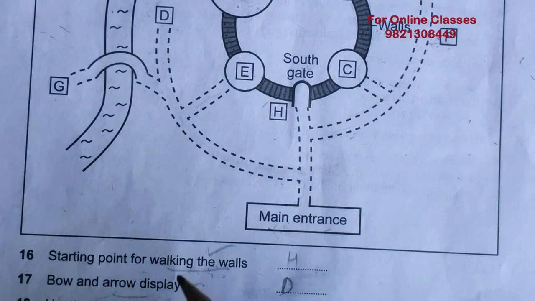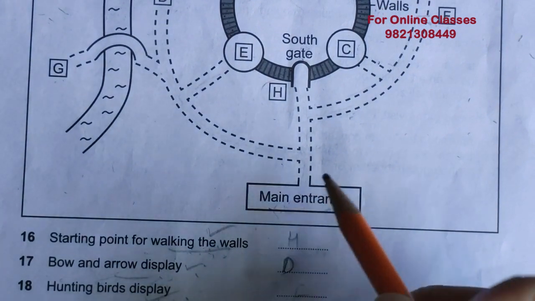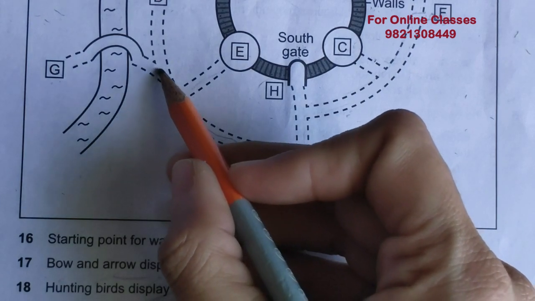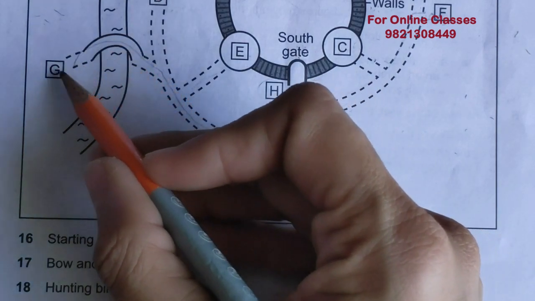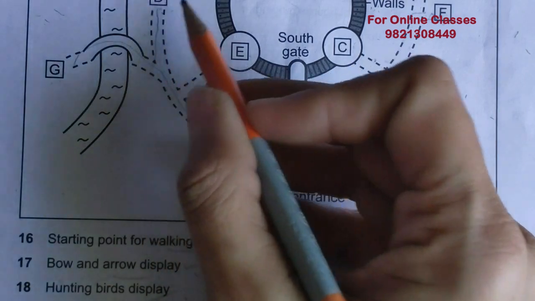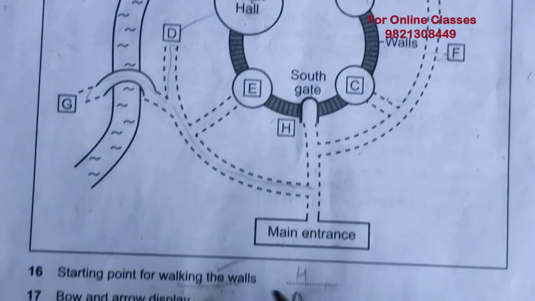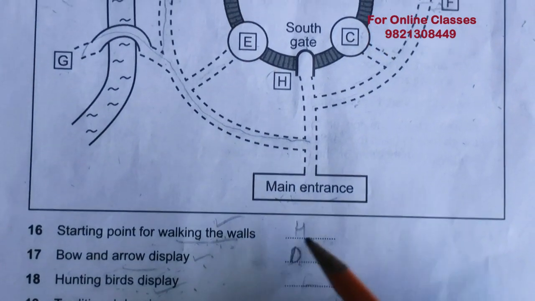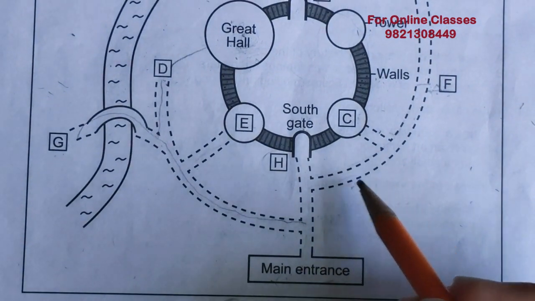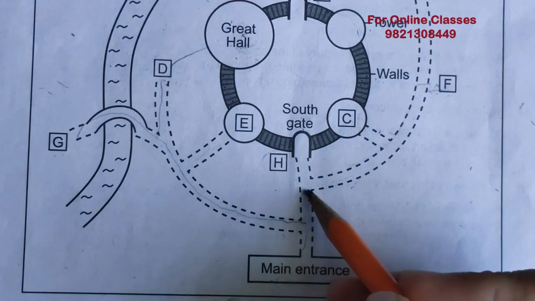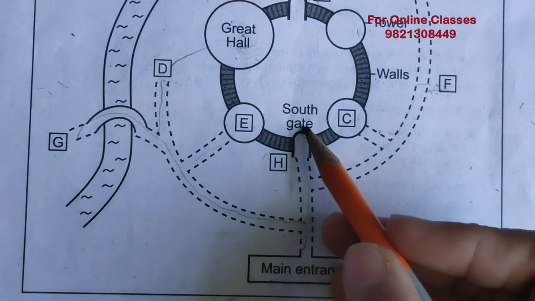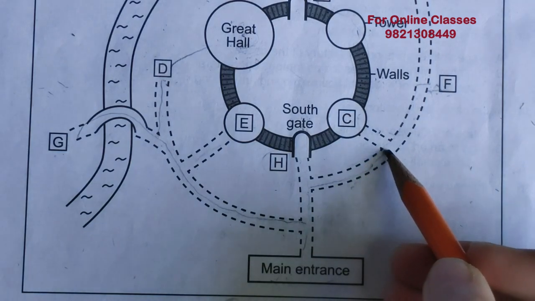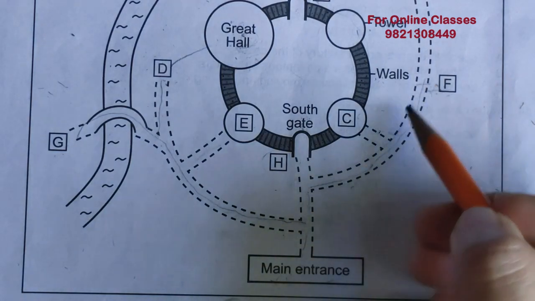Skill with a bow and arrow. The quickest way to get there is to take the first left after the main entrance and follow the path past the bridge. Then you'll see it in front of you at the end. If you like animals, there's also a display of hunting birds, falcons and eagles and so on. If you go from the main entrance in the direction of the south gate, but turn right before you get there instead of going through it, you'll see it on your right, past the first tower.